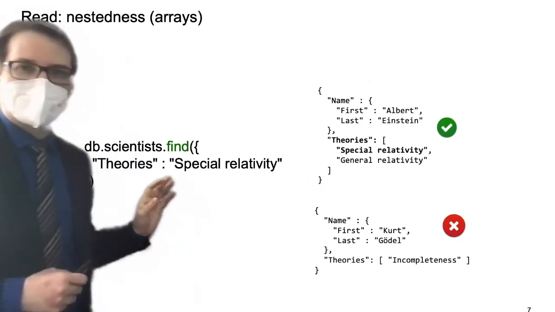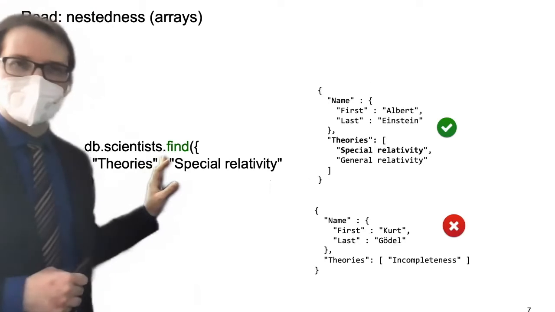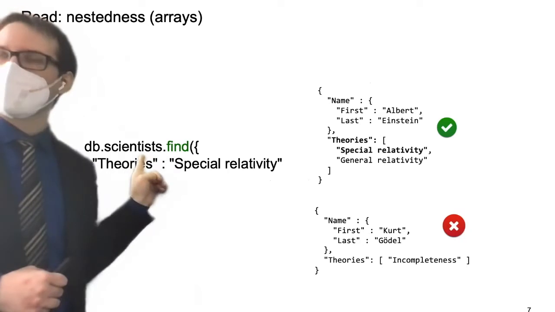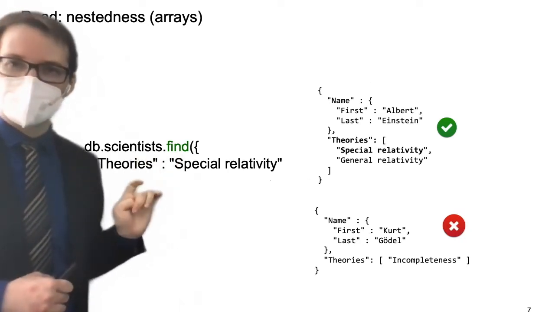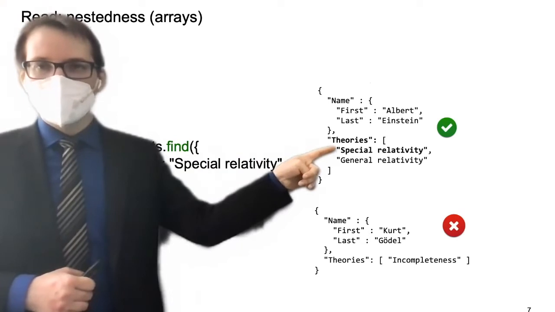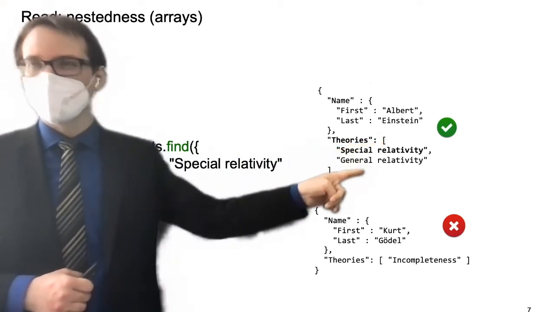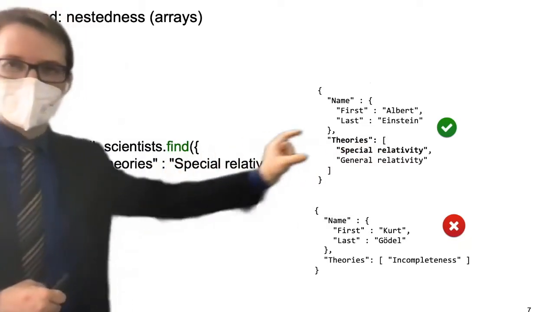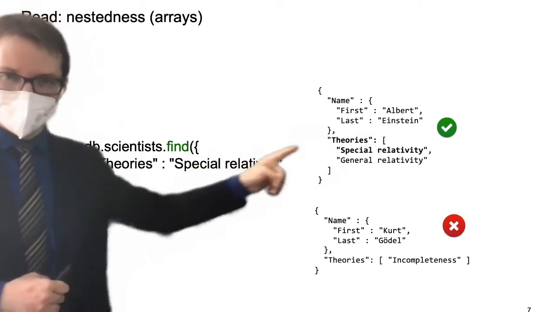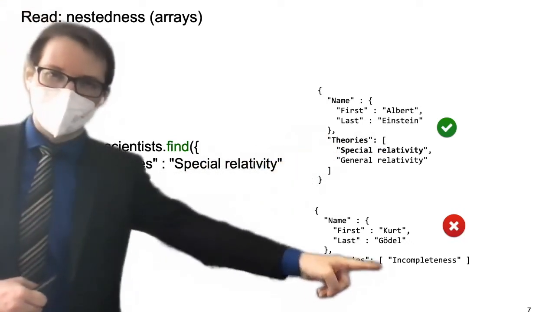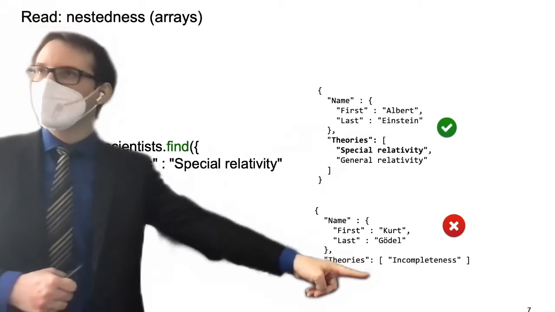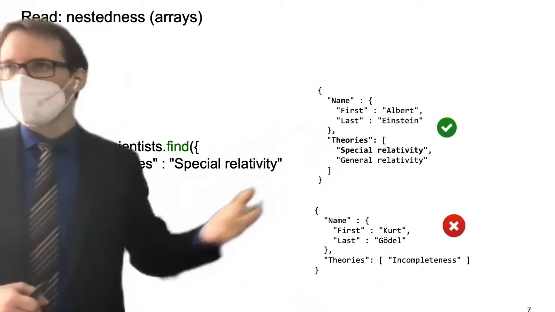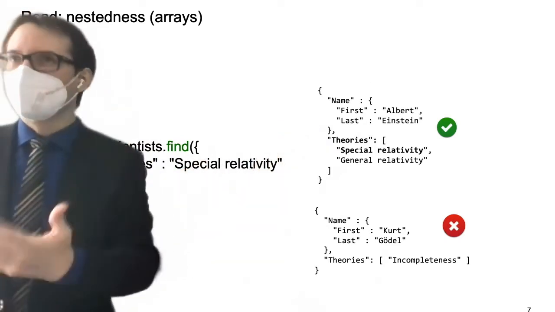Okay, so you see how we handle nestedness now is that if you look for special relativity as a theory, so theory is special relativity, it will also accept the case where theories is in fact an array of strings and find one match in the array, right? So this query kind of expands to checking the content of an array. This will be returned. This will not, because there is nowhere special relativity in there. Again, this is low level. The only way you know that it does that is by reading the documentation, but it can do that sort of things,